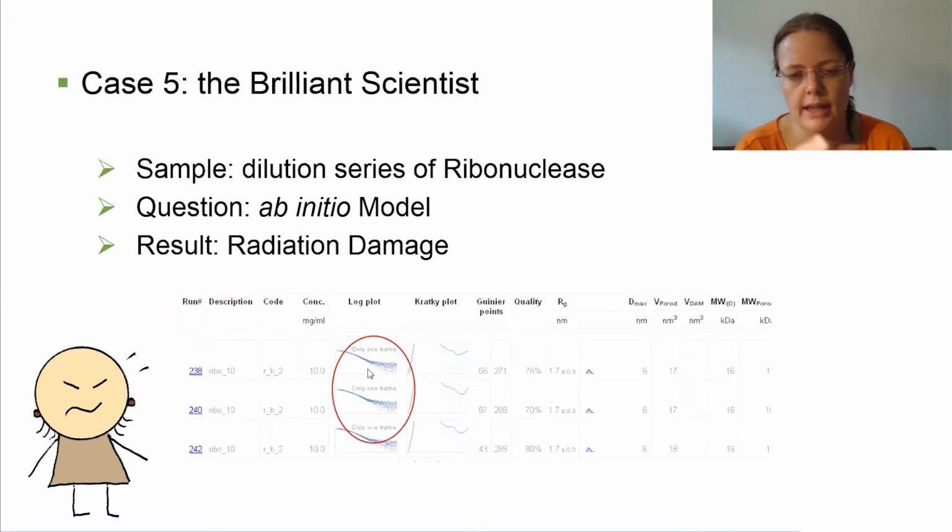So as Clément was saying, we normally collect 20 frames after each other and compare these to each other. Then we can see if any radiation-induced changes occur between these single frames. We discard the frames that show radiation damage, take the frames that don't, average them, and use those as our working files. But of course, if only one frame was used from each experiment, we can't say that the first frame didn't have any radiation damage.